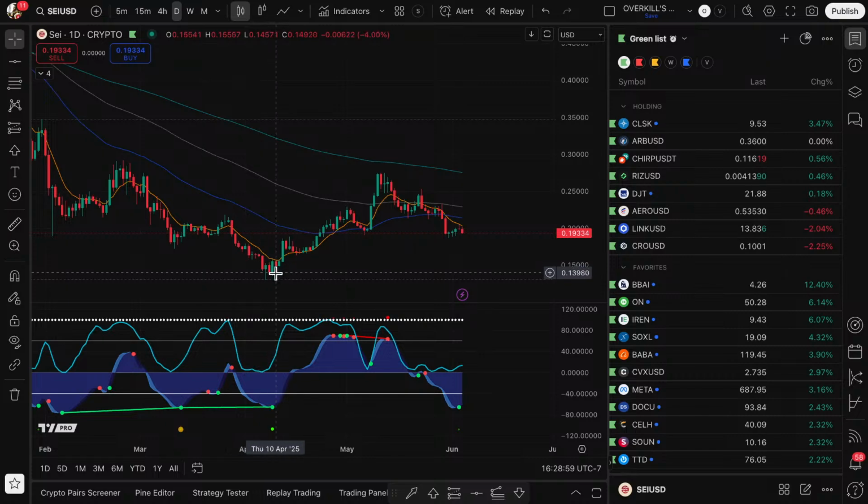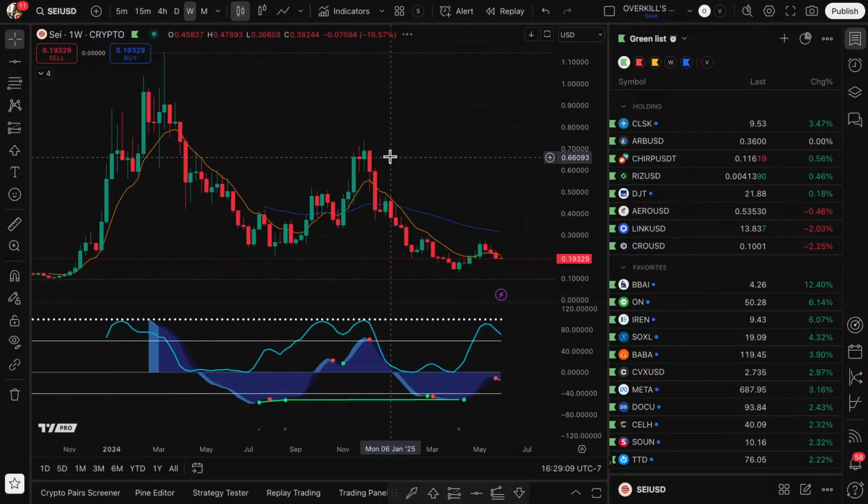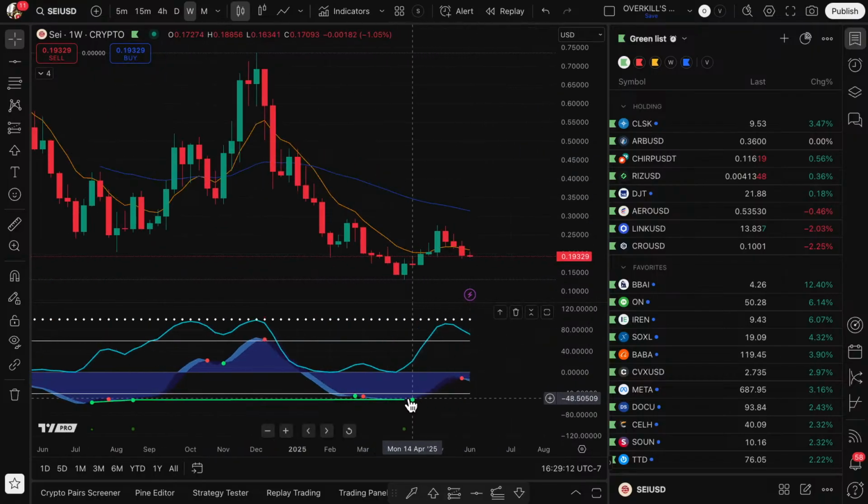I don't think we ever break these lows on SEI. We could come all the way down to 15 cents, but I would just buy more at that area. Right now, we should be buying every single dip that we get. And again, what I think is going to send SEI to the next level is the next green dot here